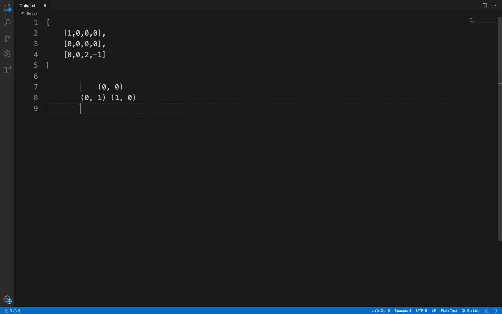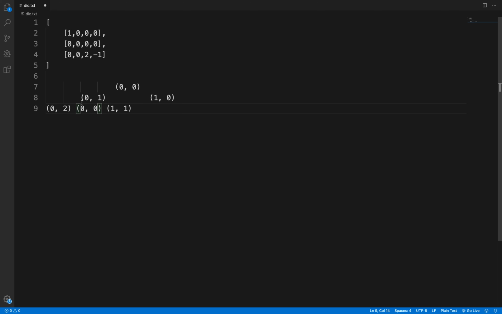If I call DFS on 0 1, from 0 1 we can go to the right, 0 2, or left, 0 0, or top, -1 1, or bottom, 1 1. Now you can see this one is not valid, so we'll remove it.